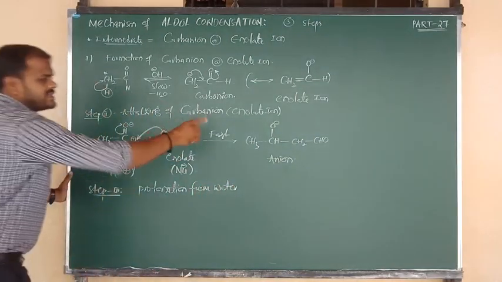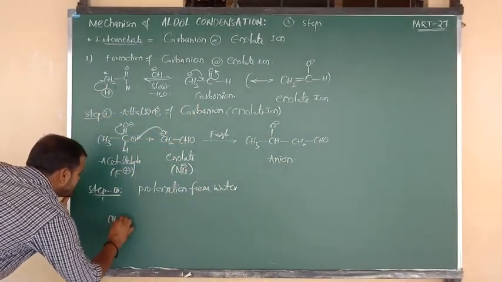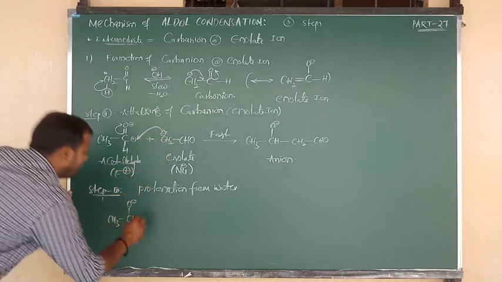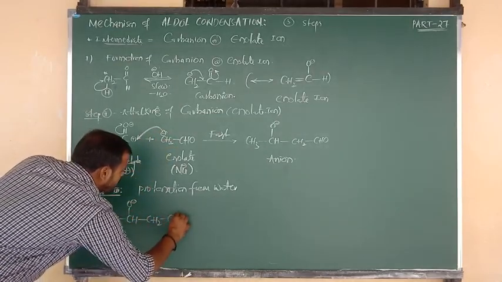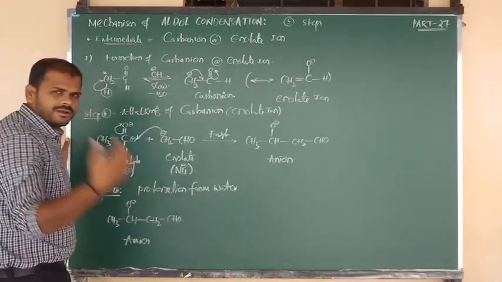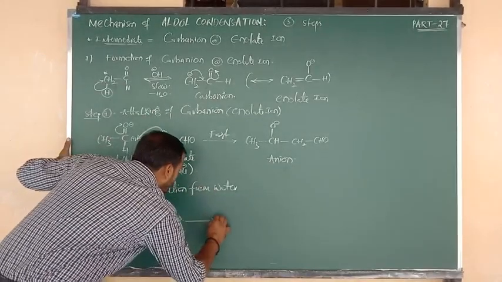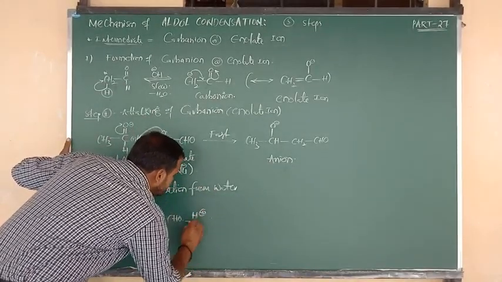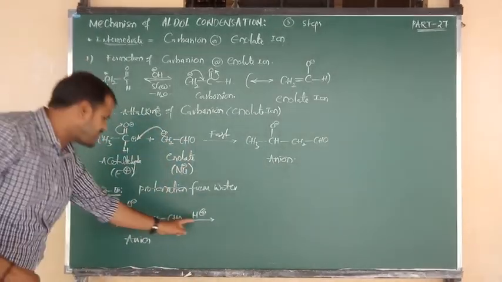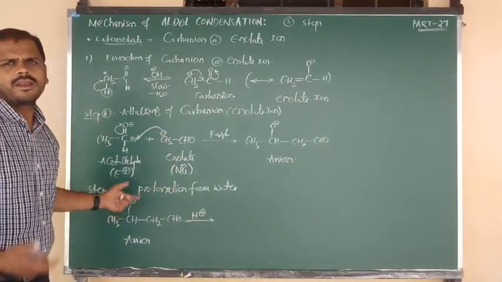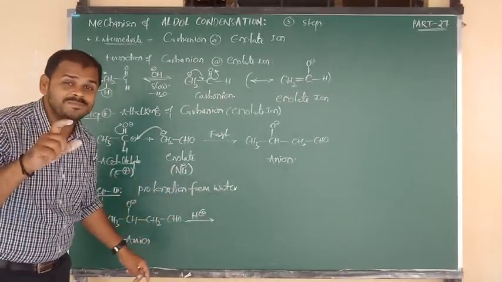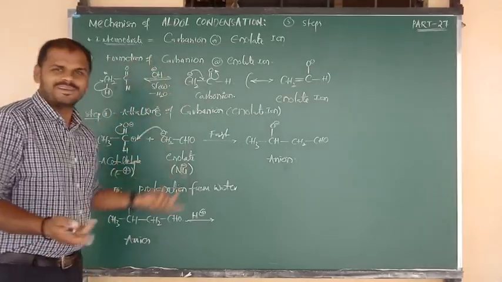So again the same anion is considered. Once again, the formula: CH3 bonded to CH, above plane O minus is there, connected to CH2, CH2 bonded to CHO. So it is nothing but the anion. Now the anion undergoes protonation, taking H plus ion from the water molecule. Listen carefully, all of you. Water molecule contains H plus and OH minus. H plus we are taking for the purpose of protonation. Such H plus attacks upon O minus, and now you will get the OH. Remaining in water, OH minus will be there, so again regeneration of base takes place.